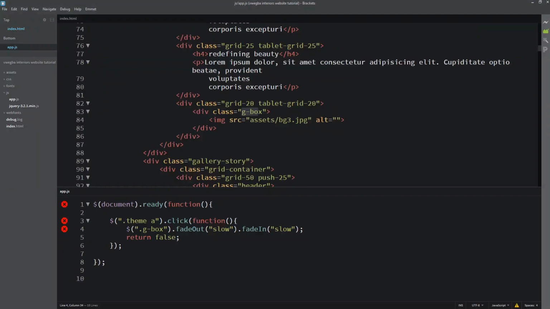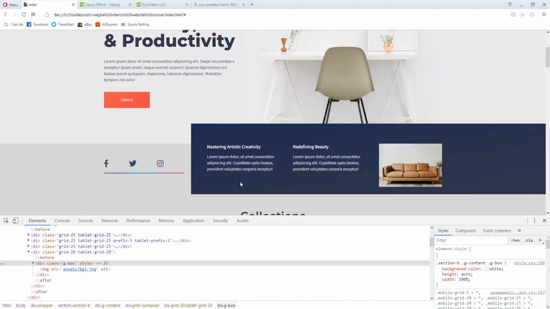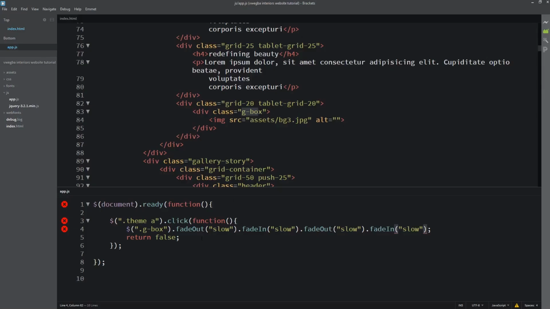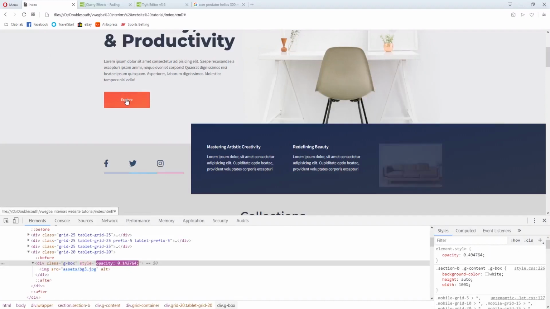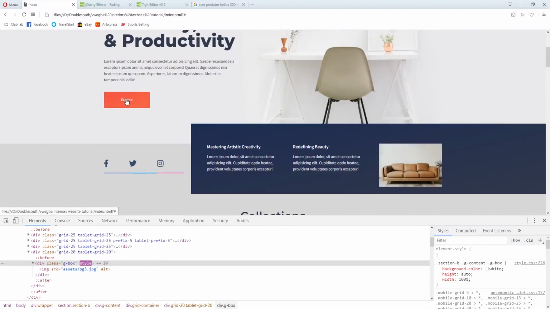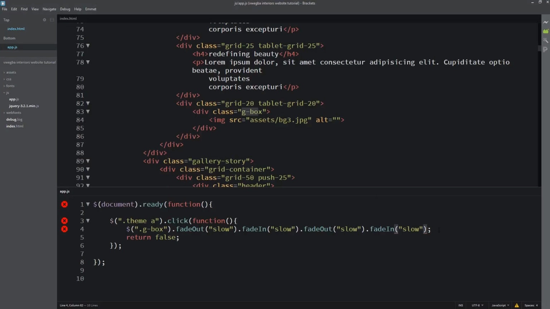If we call the method again and again like this, it will run fade out, fade in, fade out, fade in, about 4 times. So I'll click. You see, 1, 2, 1, 2. So that's fadeIn and fadeOut.